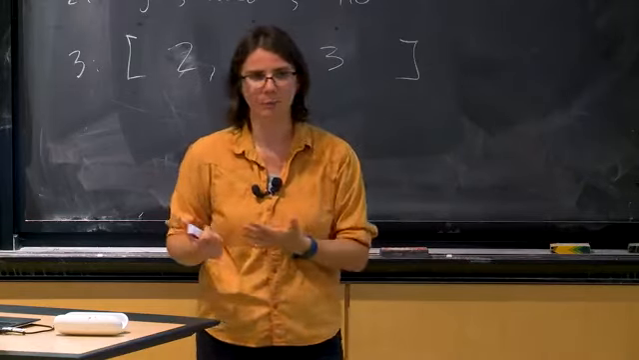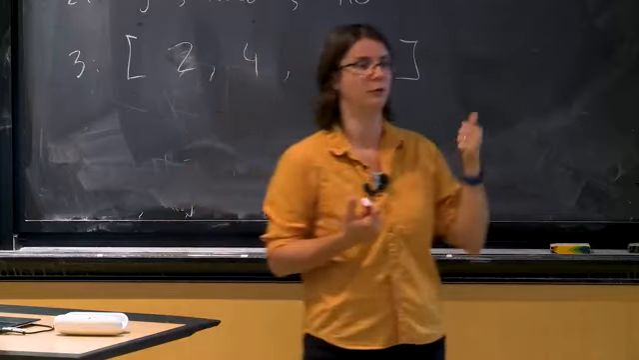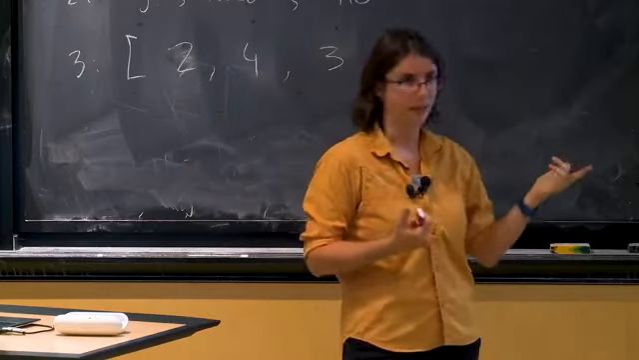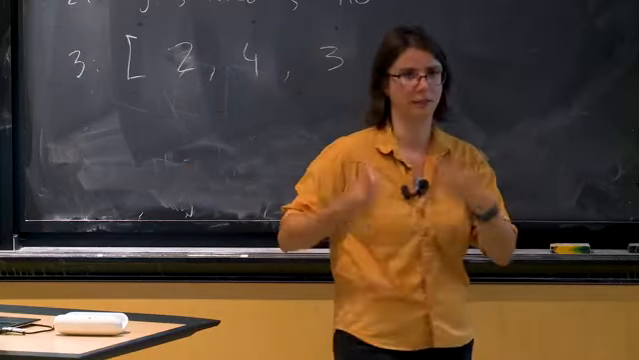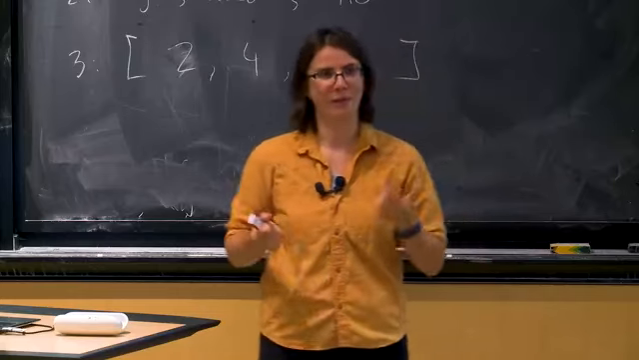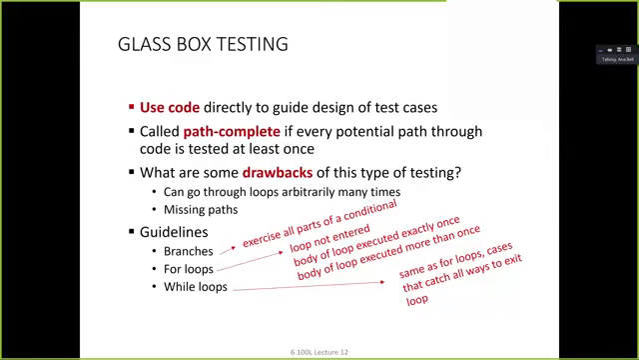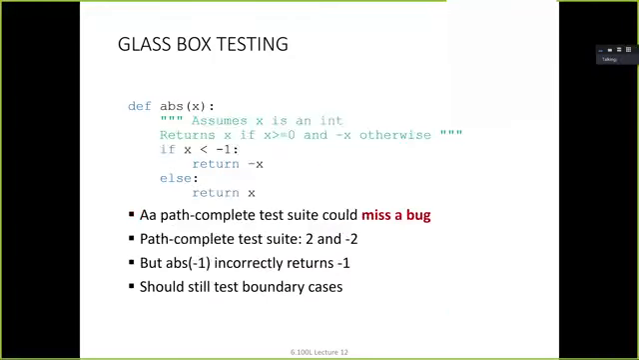Right? Same with while loops. We write a test case so that the code doesn't go through the while loop at all, it matches the condition once or it matches the condition many times. So you can imagine that this glass box testing leads to a whole lot more test cases, especially when we have a whole bunch of different combinations of all of these conditionals and loops and things that we'd like to hit. The problem with glass box testing and having a path complete test suite is that we might accidentally